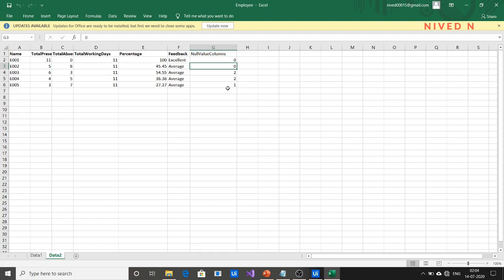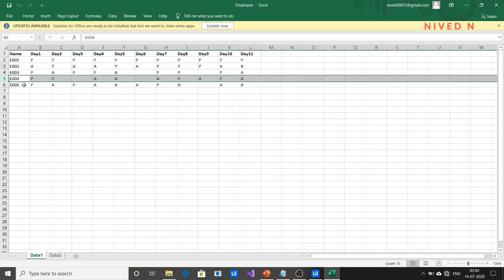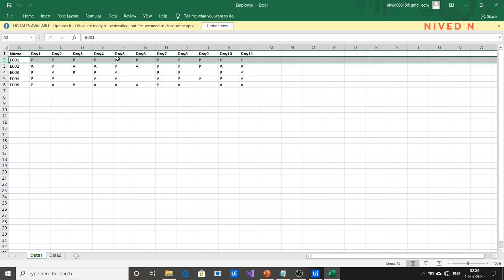Okay, if you want to verify E001, you can just look here. He was actually present. You can see he is marked present for all days, but E002 was marked absent for some days. Similarly for E003, there is a null value present.